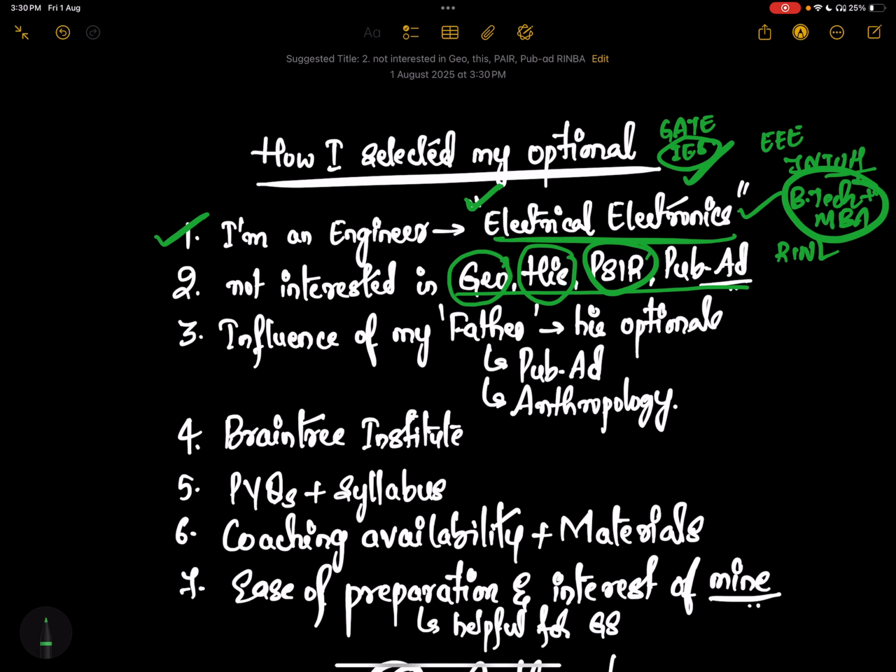And I didn't know the basics of geography, history, all these things. And public ad also, I'll talk about this because of my father. When he was preparing for UPSC, by the time he came to know about UPSC, he was at the age of 28, and he didn't have any degree. He was a polytechnic person. Then he completed a BA in one sitting in 1 year. He was left with only 2 attempts, and he was a village man. He came from a village background to cities, and he was not good at English as well. So that's why he couldn't qualify.